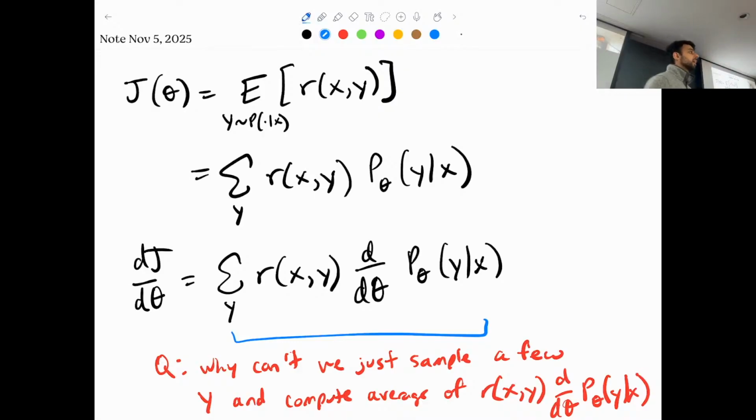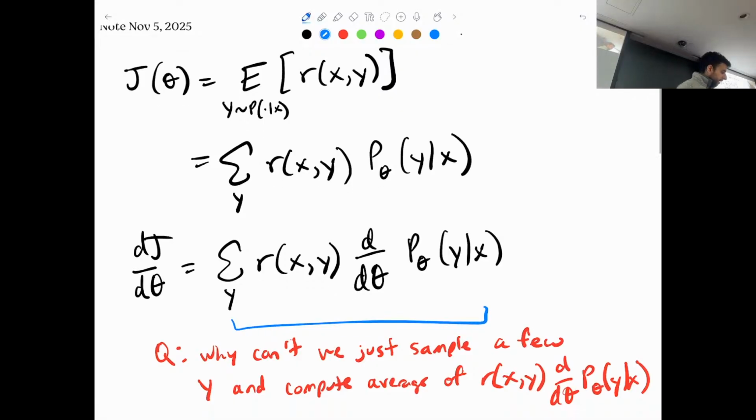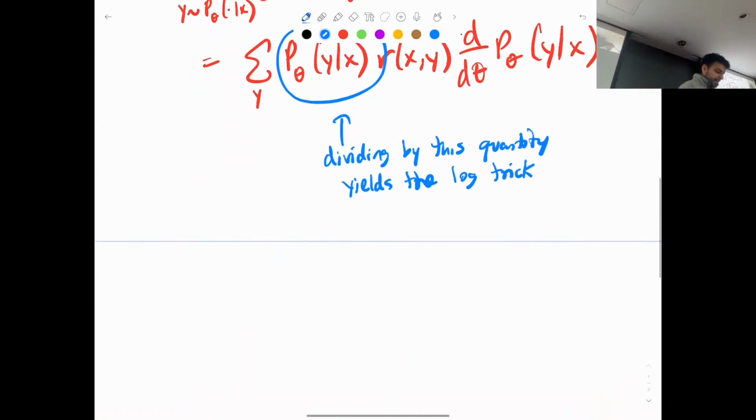You have a question? Yeah. Yes, exactly. So the reason why we want an estimate of the expected gradient is that we can never enumerate all possible y's. And so if you're just going to sample a couple y's, you need to use the log probability in order to get an estimate of the correct gradient. Yeah. Okay. So that is one question.